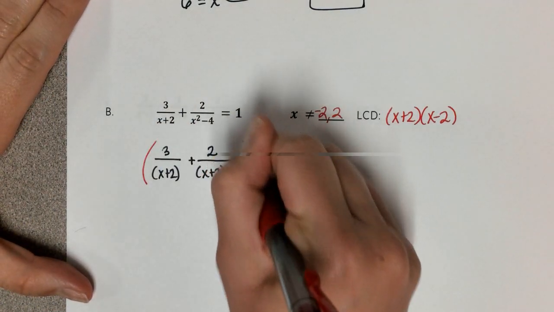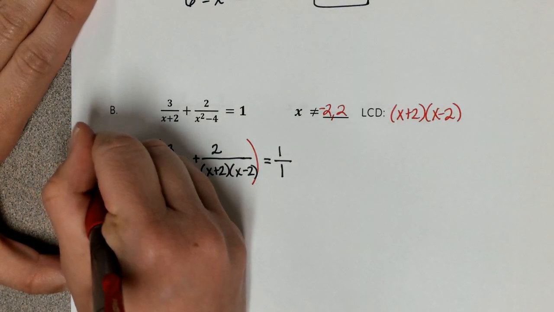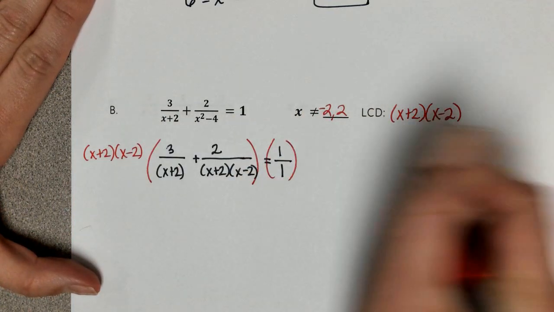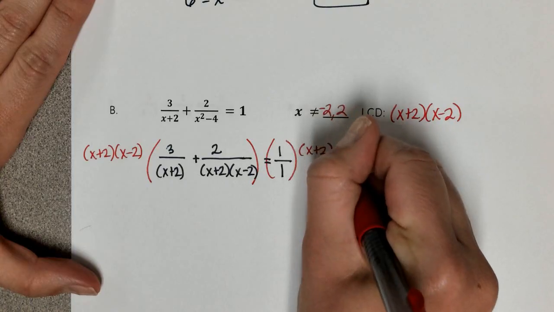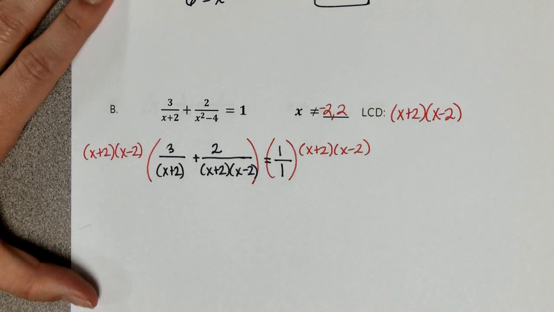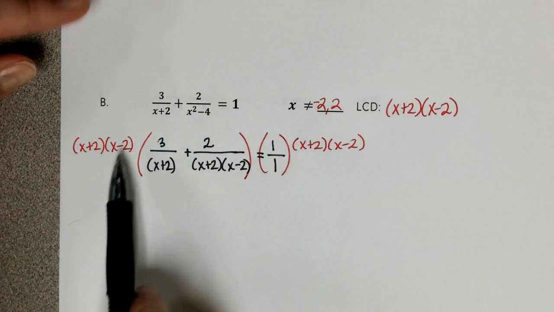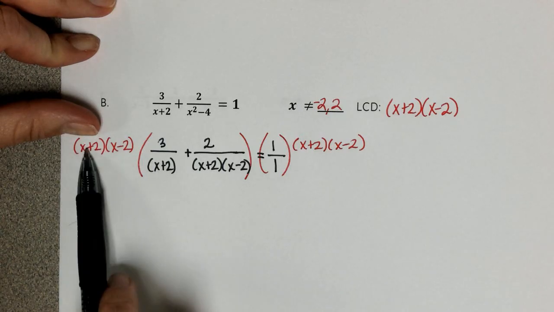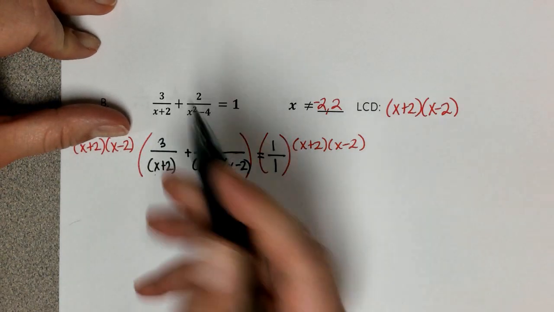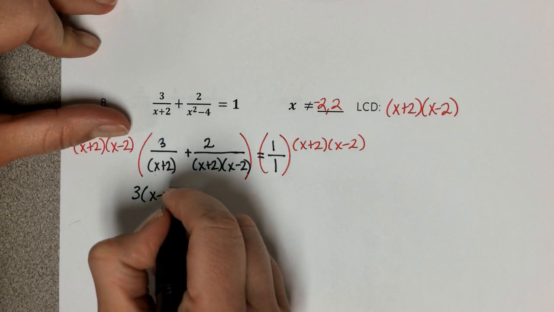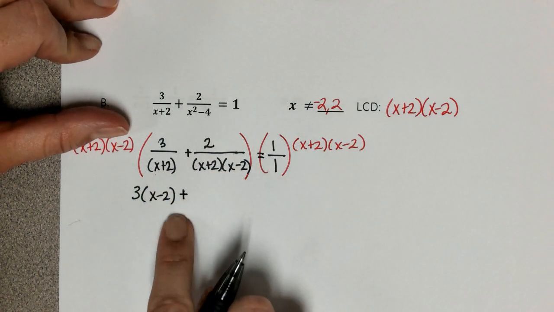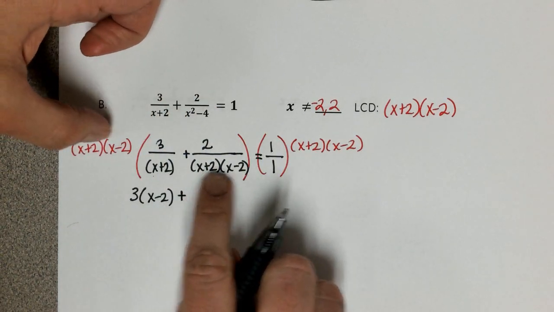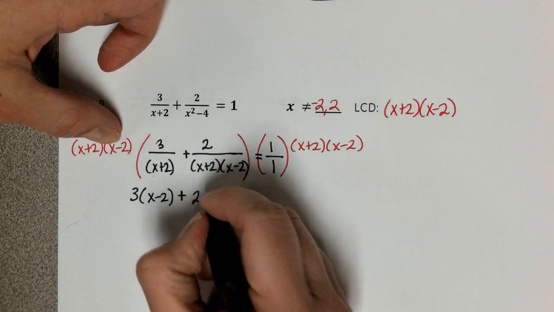All right, so we multiply both sides by the LCD. And this side by the LCD. All right, now when I multiply the LCD times the first fraction, it will cancel with the x plus 2. So the x minus 2 is left, so I have 3 times x minus 2 plus, when I multiply the LCD by the second fraction, the entire LCD cancels out, so I'm just left with the numerator, 2,